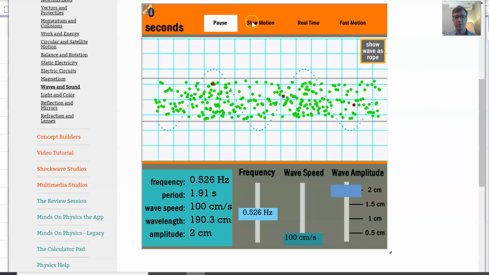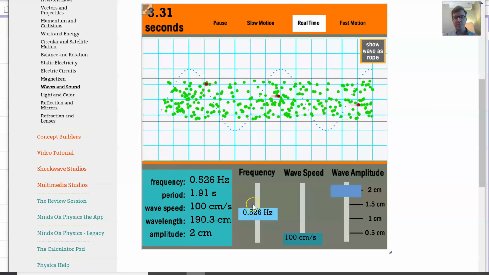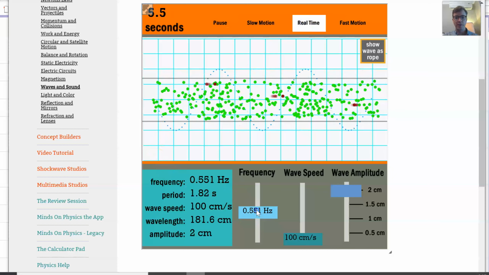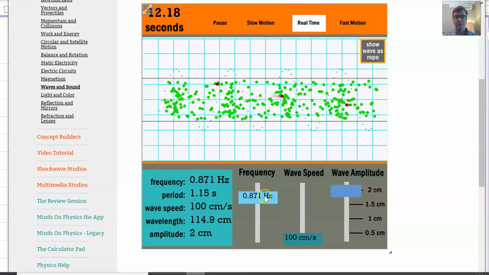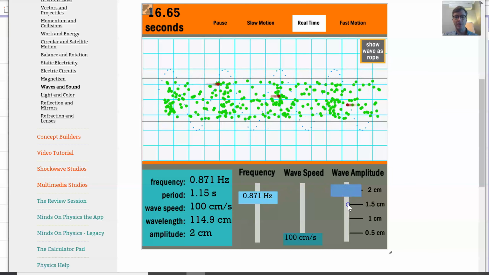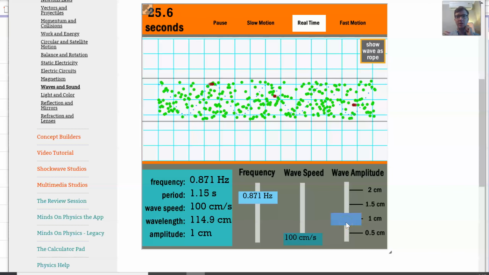So maybe I can just play it a little bit more. And then we can adjust the frequency of the wave. So if I make the wave higher frequency, that will cause the oscillations to be faster. So there's the frequency. And we can also adjust the amplitude of the wave. So the amplitude of a wave will change the oscillation. So I'm decreasing the amplitude now, and that makes the oscillations smaller. So amplitude means bigger oscillations of the air molecules, and frequency is how fast the air molecules are moving